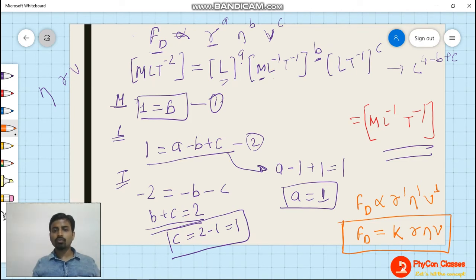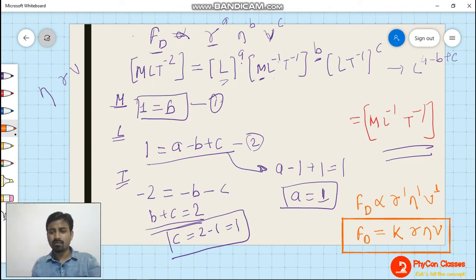So you understood how to use the dimensions for finding out the relationship between different physical quantities. That is the main important thing to understand here, because all the science behind these forces, what are the drag forces, what is the upward drag force, what is the downward FG force, all these things you will be studying in fluid mechanics. Don't worry about that. Just for now, we need to understand how to apply dimensional analysis to find out the relationship between physical quantities.